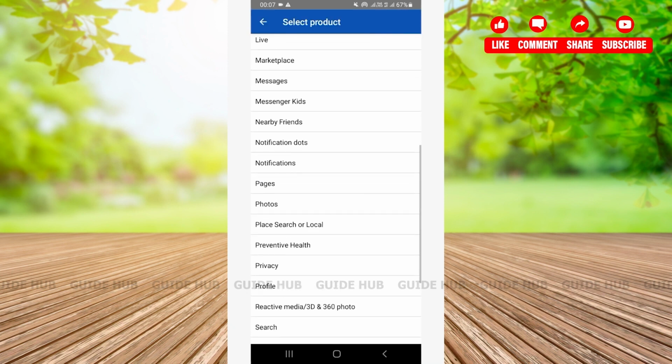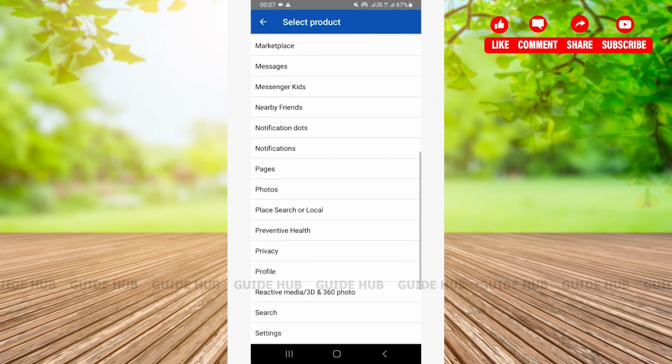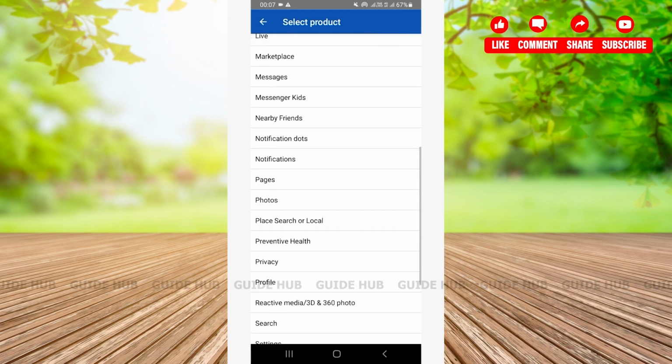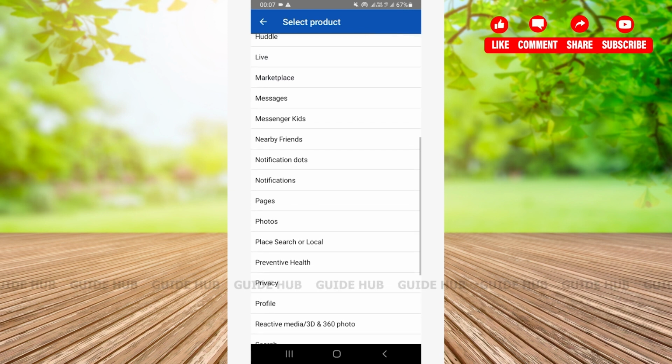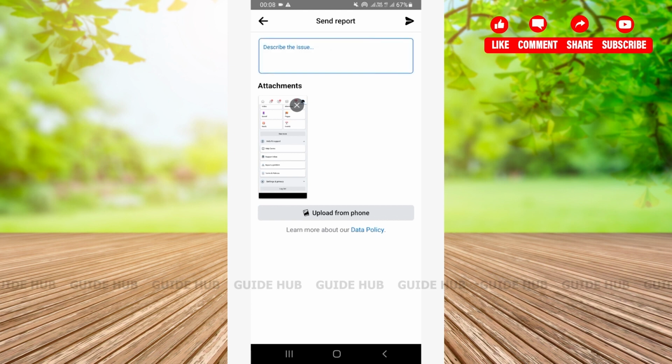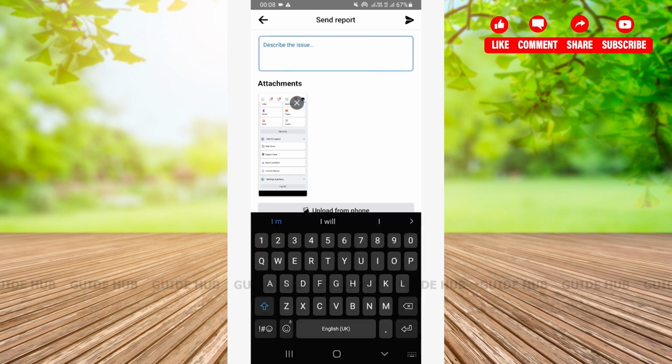Then you'll be on the next page where you'll get a bunch of options from where you can select the products that you want to use in order to report the problem. I will be choosing the photos option. After that, you'll be on the next page where on the very top you can see a box where you can describe the issue. Here you can write something like the Facebook profile lock option is not showing and please